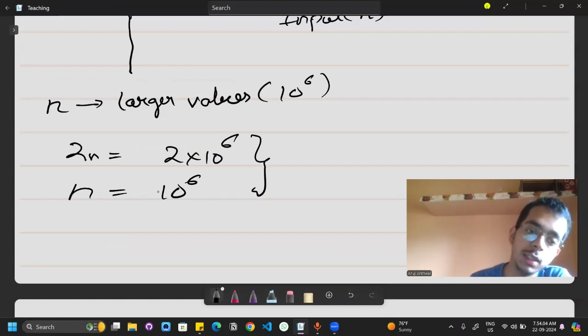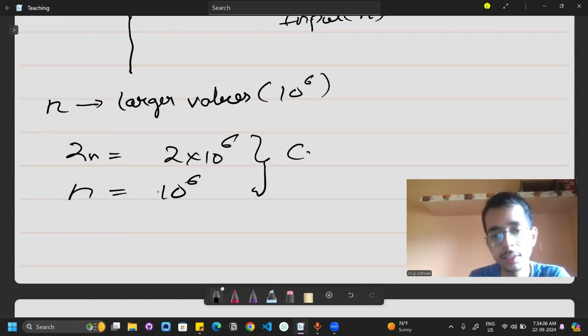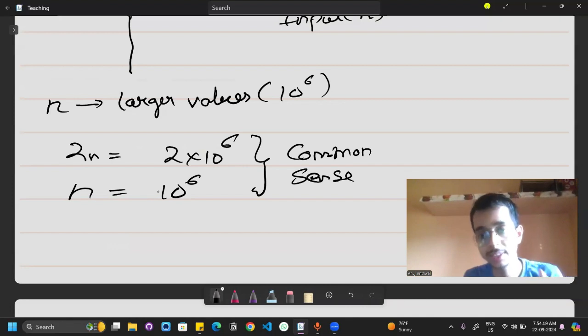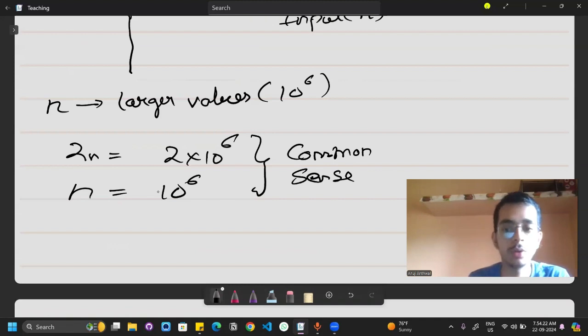If you closely see, in common sense, this constant doesn't even matter. Both of them correspond to the same nature of graph. That is, it is linear and it's going to give a very large number at a larger value of n. So that's why